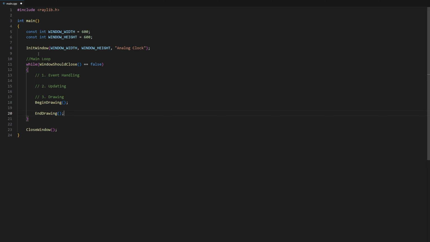The SetTargetFPS function takes an integer as an argument, which represents the maximum number of frames per second we aim to achieve. Typically, games run at 60 frames per second, but for our analog clock project, we will set it to 15 frames per second. 15 frames per second is enough for our analog clock because the clock only needs to update once every second to move the second hand. Using a higher frame rate, like 60 frames per second, would waste computer power without making the clock look any better. So, outside of the main loop, we type